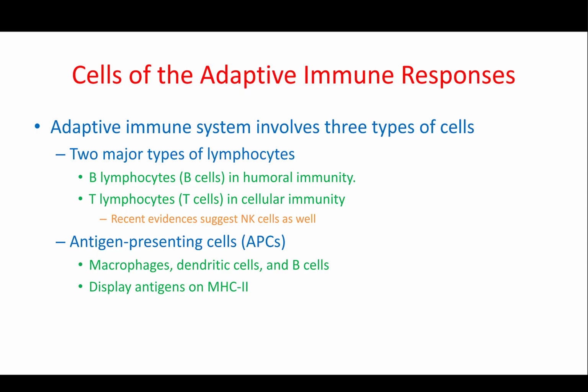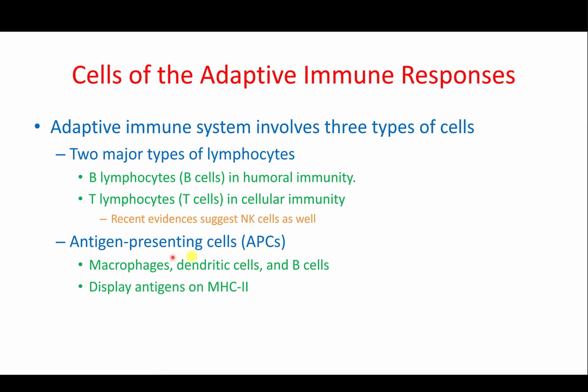Let's see now some additional details about the adaptive immune system. And just to remind you, for the adaptive immune system, we have two types of cells. We have the B lymphocytes and the T lymphocytes, or the B cells and T cells. And we said the B cells are going to be involved in humoral immunity, whereas the T cells in cellular immunity. Both would need antigens, and therefore there is another group of cells for the adaptive immune system, that is